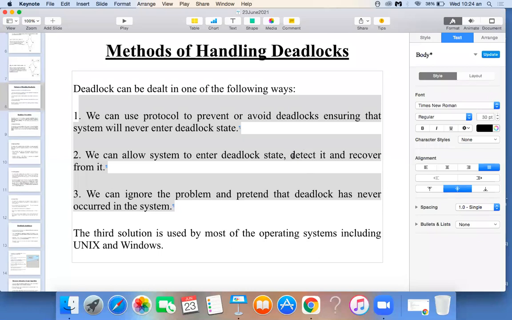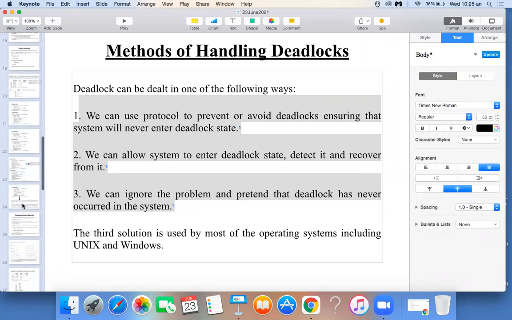That means we are allowing the system to enter deadlock, and then we try to detect whether my system is in a deadlock state or not. And we are going to check. So far we have learned these two, deadlock prevention and deadlock avoidance. Now we are going to see deadlock detection. The last thing is deadlock recovery, how we recover from the deadlock situation. We'll see deadlock detection in today's session.